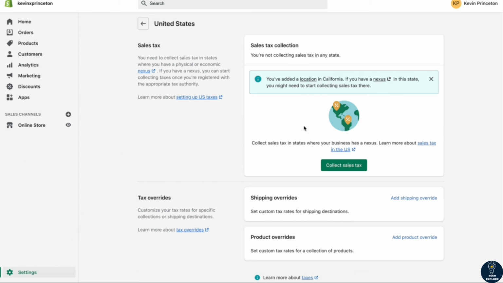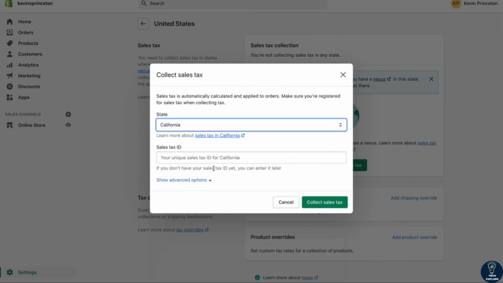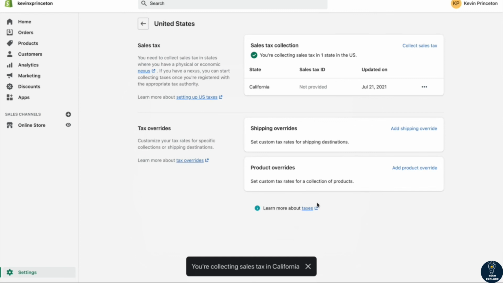So you want to collect your sales taxes now, turn it on, and then later on, you just input your tax ID. So I'm going to go here, I'm going to click collect sales taxes, I'm going to choose my state. And then here, after you get your sales tax ID permit, you would enter it here. If you already have it, then please enter it. But it says, if you don't have your sales tax ID yet, you can enter it later. And then you just say collect sales taxes. All right. And then boom,